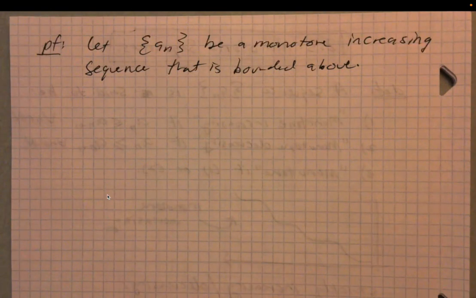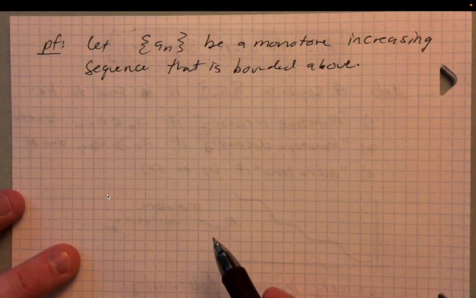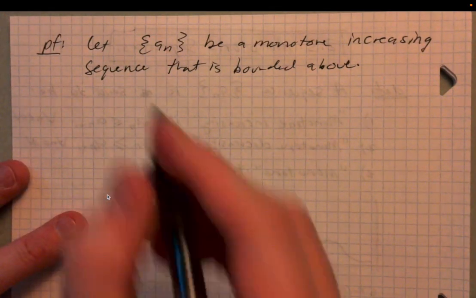Okay, and the argument would be very similar to a monotone decreasing sequence that is bounded below. Obviously, when we say monotone and bounded, we mean if it's monotone increasing, it must be bounded above. If it's monotone decreasing, it must be bounded below, in order for the convergence to work, right? Okay, so we'll let a sub n be a monotone increasing sequence that is bounded above, and we're going to